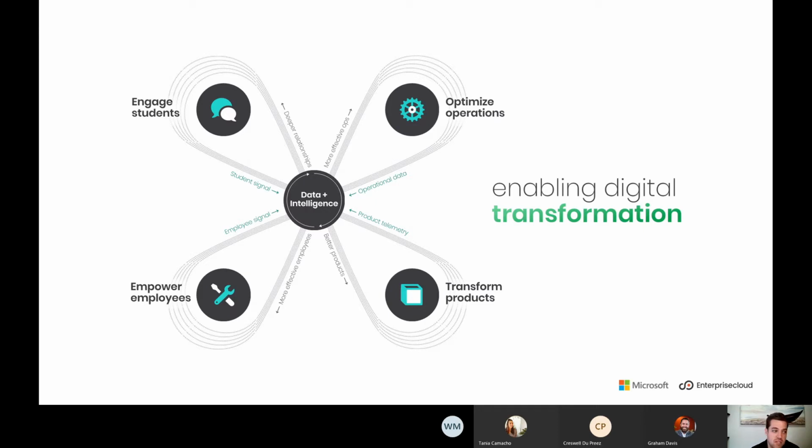And as you've seen from Graham's demo, the ability to collect information around how students are engaging with various areas of the university, bringing that data back into a central hub where we can start applying intelligence.